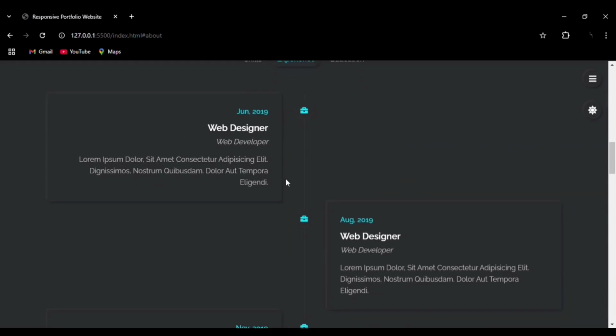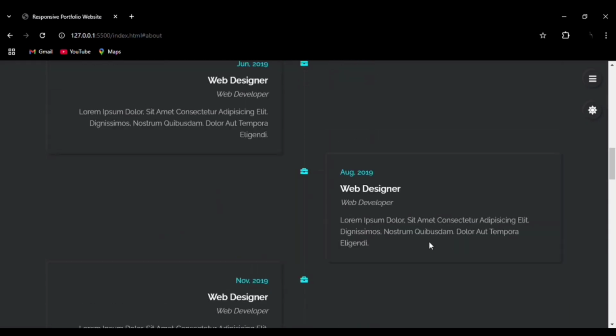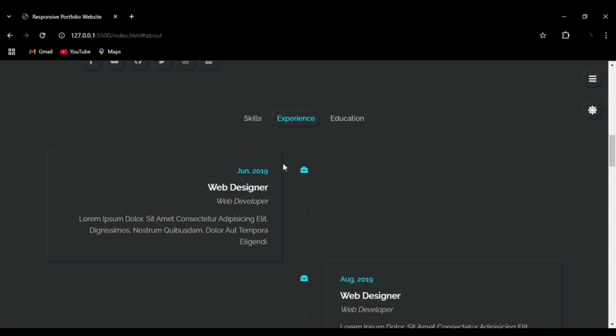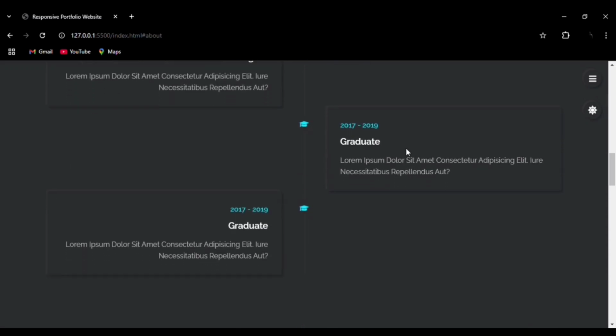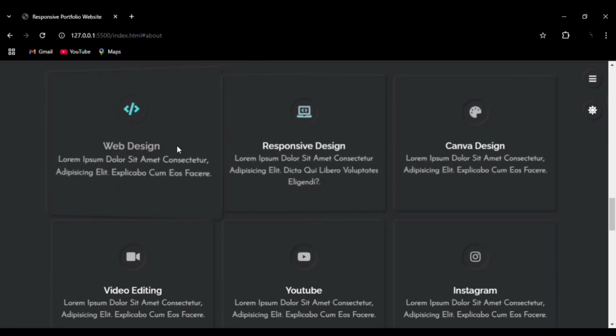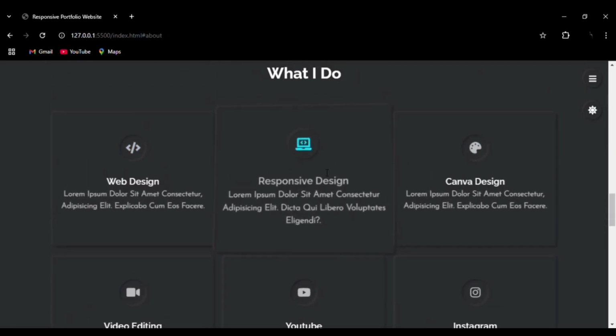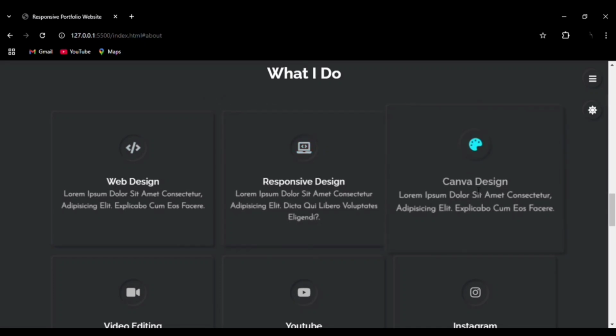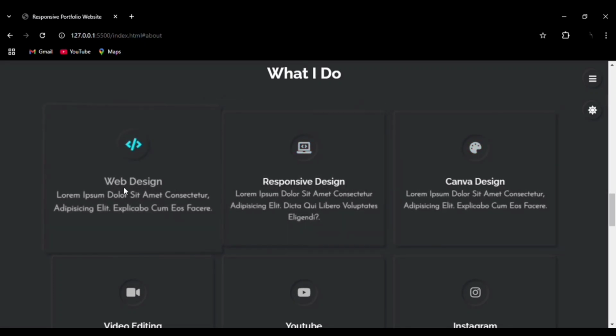You can see how smoothly we have designed, integrated the icons also. You can see the icons and education section. Then we can go to the services section, and you can see the hover effect on the services bar blocks, like a 3D object moving. And you can see the change in color and the icon also, and you can see how they are moving based on the movement of the mouse,